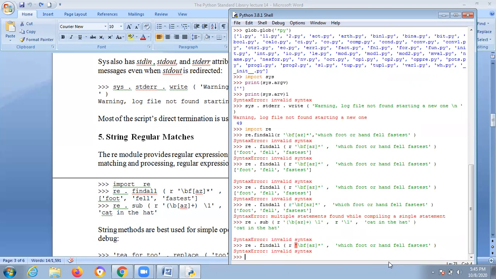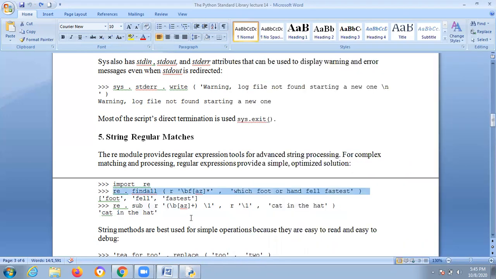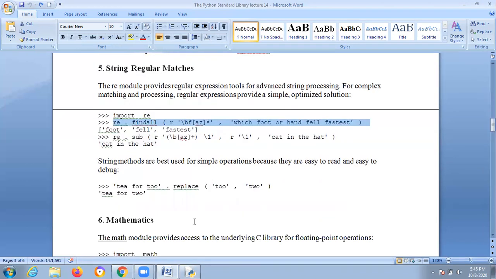Syntax error. And there's some problem with this in Windows. Don't get worried.